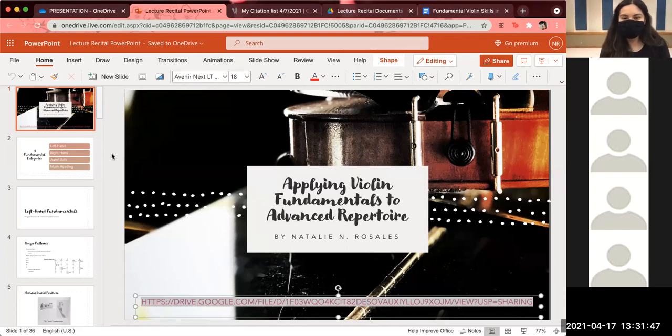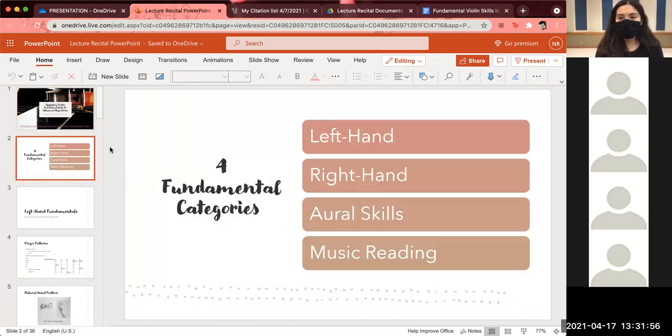As I said, I'm Natalie Rosales, and this is my lecture for applying violin fundamentals to advanced repertoires. So to begin, there are 4 fundamental categories of learning the violin or any kind of music. There is left hand, right hand, aural skills, and music reading. So just to further define each of these categories, left hand skills incorporates body positioning, instrument positioning, and everything with